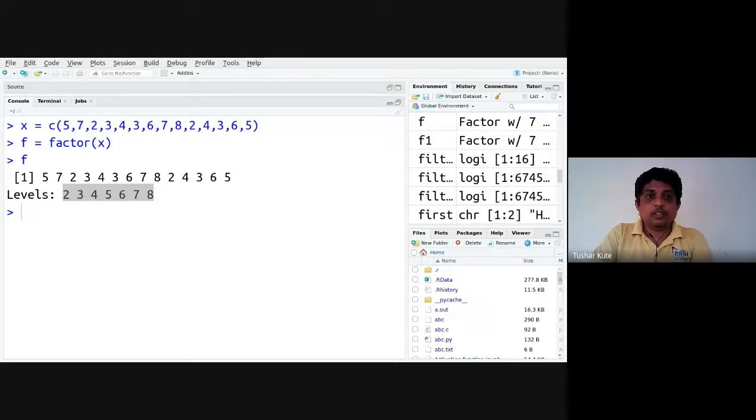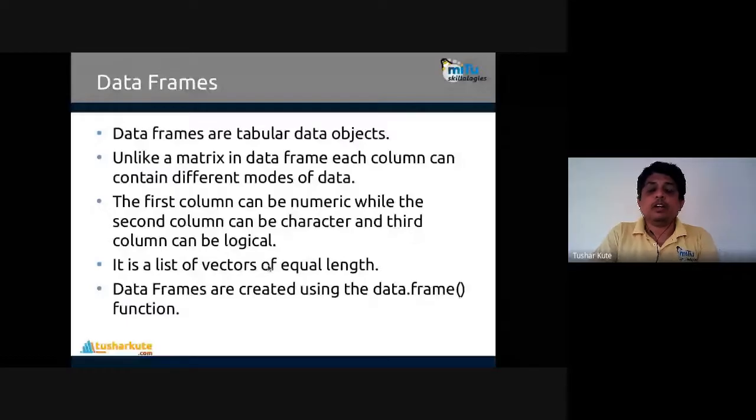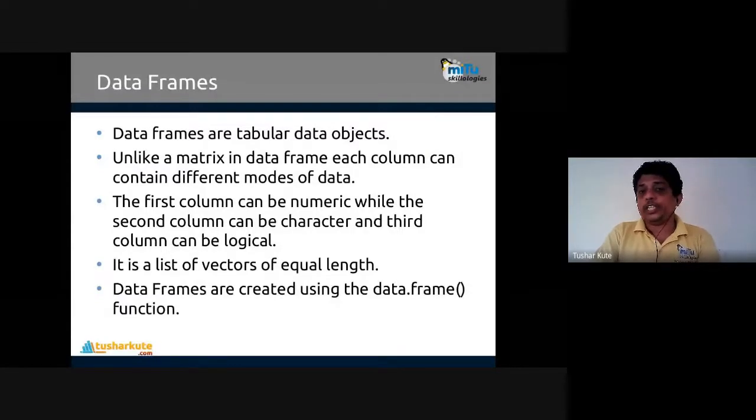And the last one is interesting, and that is regularly required for operations in data analytics. That data structure is called a data frame. What is a data frame? Data frames are tabular data objects. When you have to store data in tabular format, we'll be using the data frame. Unlike a matrix, in a data frame each column can contain different modes of data.